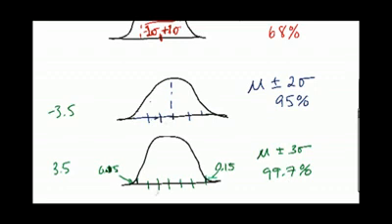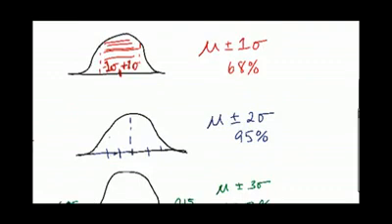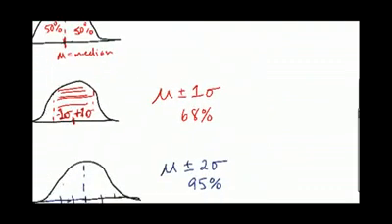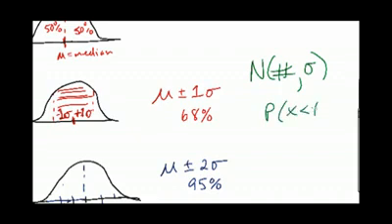Okay. So how you might see it basically posed like this. You might be given the fact that it's a normal distribution with some number and that standard deviation, and if you want to know the probability of x is less than a number, or the proportion that's less than that number, and you happen to be 1 standard deviation above, for instance, then we would know that the probability or the proportion of that number would be equal to, well, it would